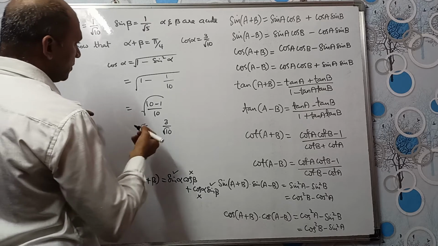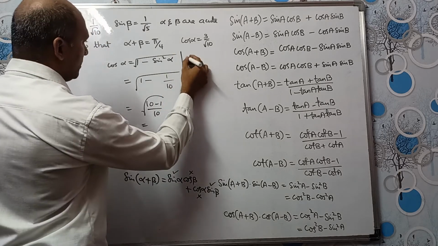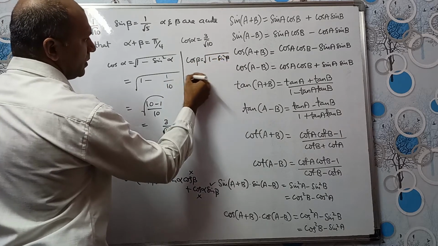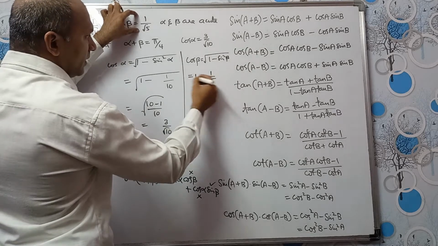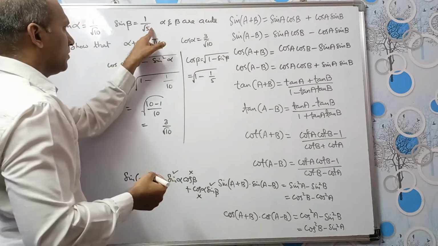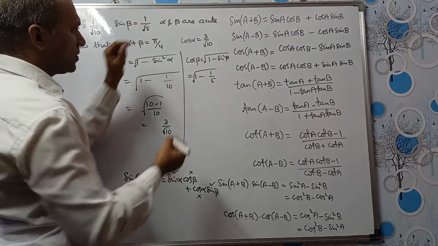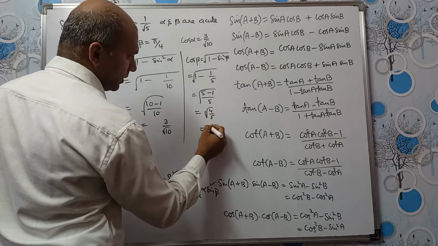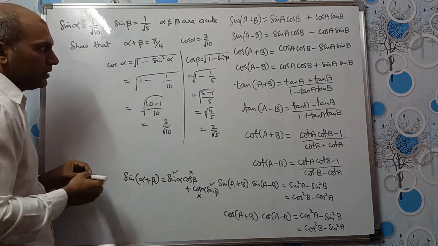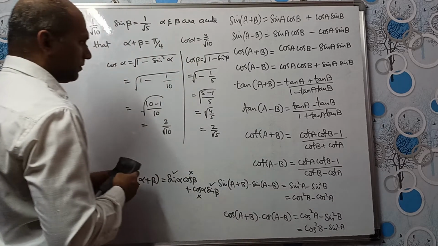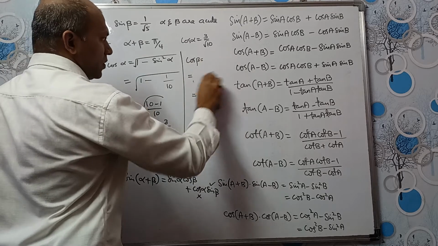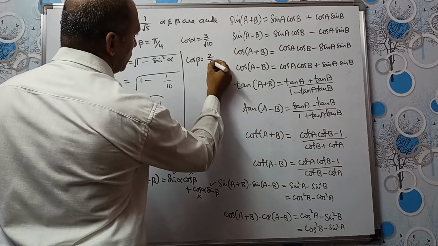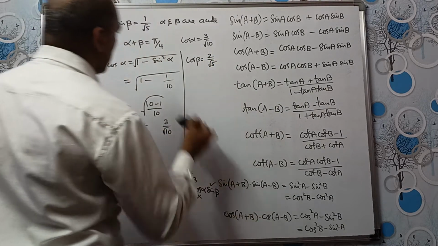Okay. Similarly, let us find cos beta. Let us find here cos beta will be under root of 1 minus sine square beta. 1 minus 1 by 5. Because we have sine square beta. Sine beta is 1 by root 5. Sine square will be 1 square, root 5 square. Now this is 5 minus 1 by 5. So this will be root 4 by 5. Root 4 is 2 by root 5. Okay. So cos beta is how much? 2 by root 5. Okay. So cos beta is 2 by root 5. Now we have all the required values, right?